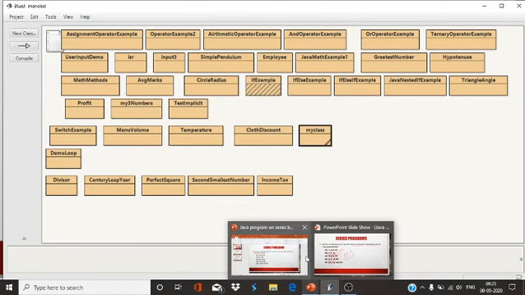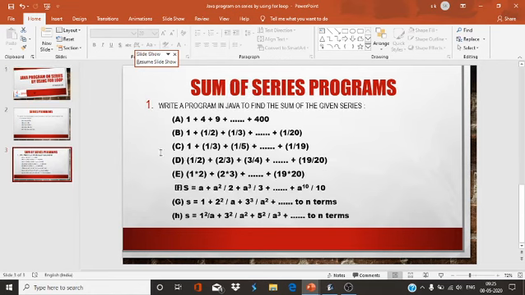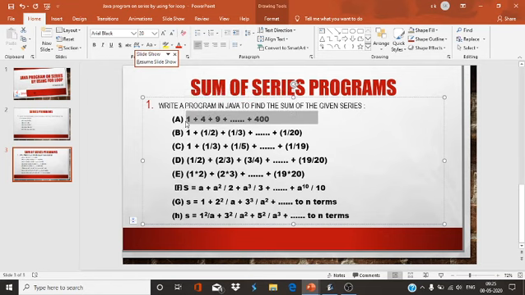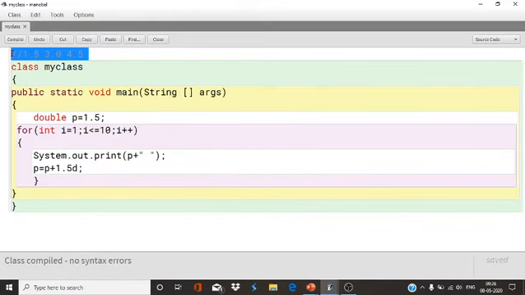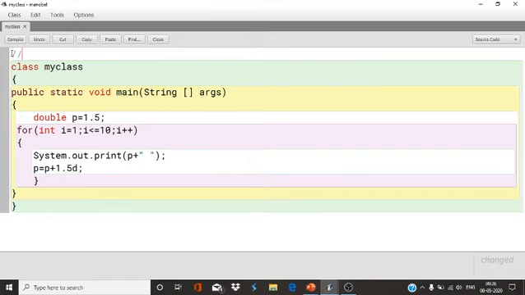Okay. Now next program is 1 plus 4 plus, now sum of series. Now I'm going to explain about the sum of series. Sum of series, the first series is 1 plus 4. This is called sum of series, means you have to find sum of that one. Simply you have to print that series. But this type of program where plus sign will be there, you have to find the sum of series.